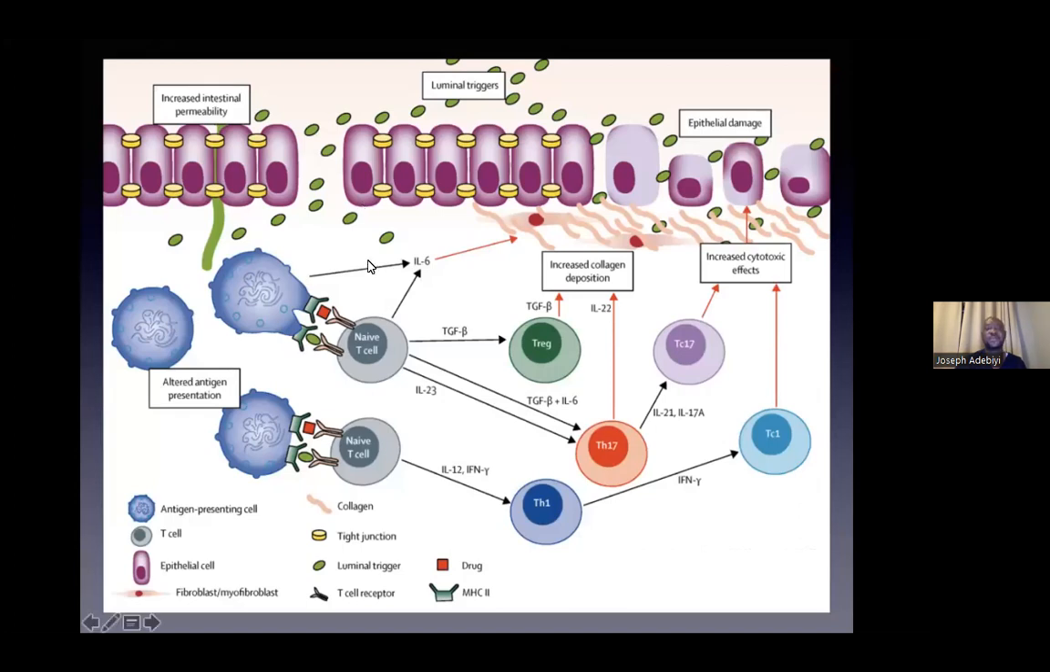Again, this is a nice diagram to look at what happens at the intracellular level around the cell membrane, with the complex introduction of luminal triggers and luminal factors leading to altered antigen presentation with activation of certain inflammatory markers and inflammatory entities. Then all this leads to increased interstitial permeability with epithelial damage and increased production of inflammatory markers, and then this would lead to increased collagen deposition,